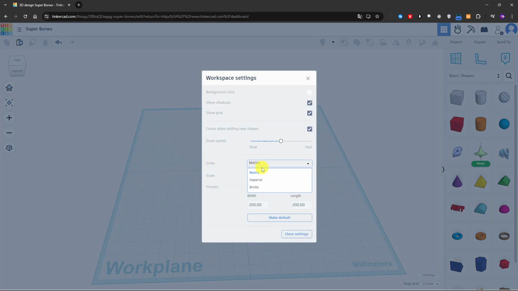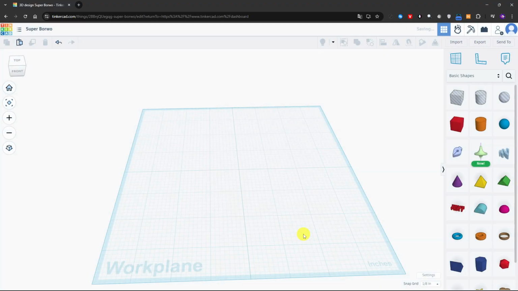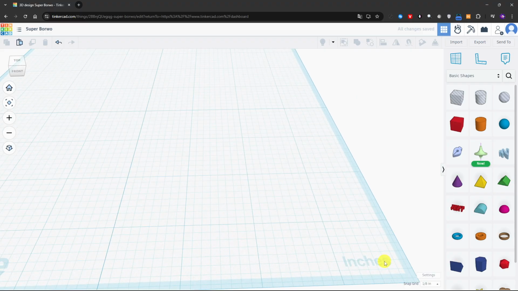You'll be able to change from metric, imperial, to bricks. So change to imperial if you need to. Now you can select the scale for the inches: 1 by 1, 1 by 10, 1 by 100, so now it's feet, and 1 by 1000. What I recommend using is 1 by 1. And now what we'll need to do is close the settings, and that changes to inches, as you can see